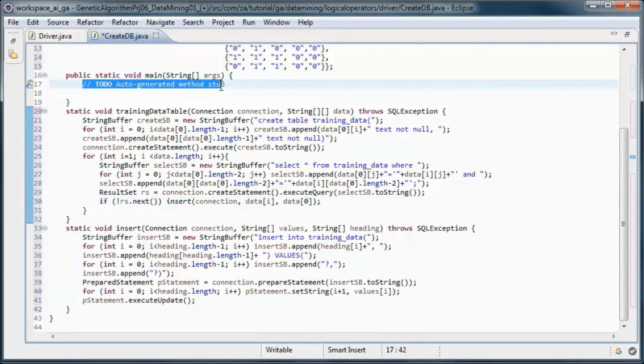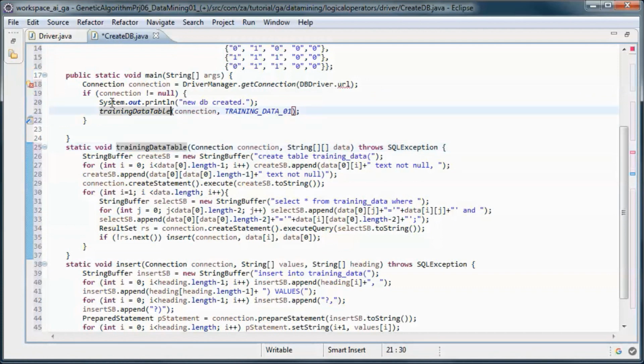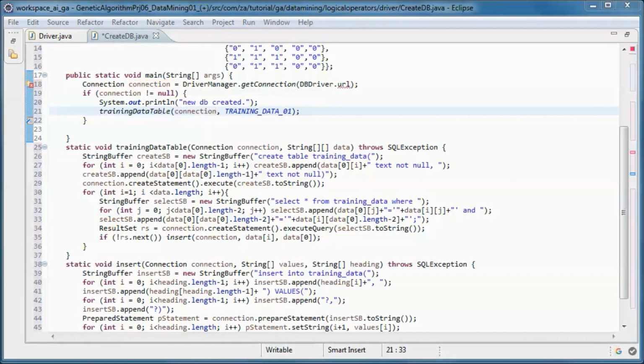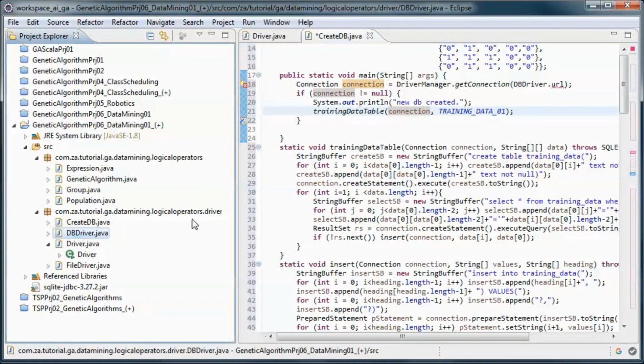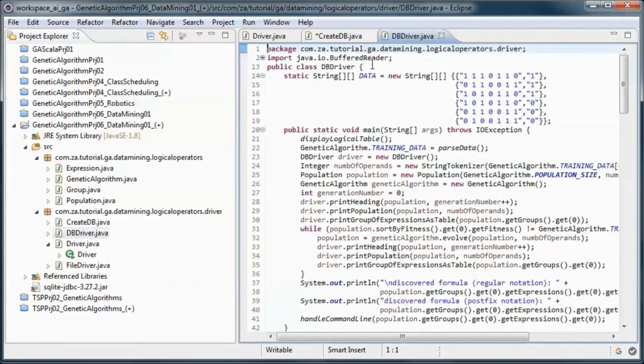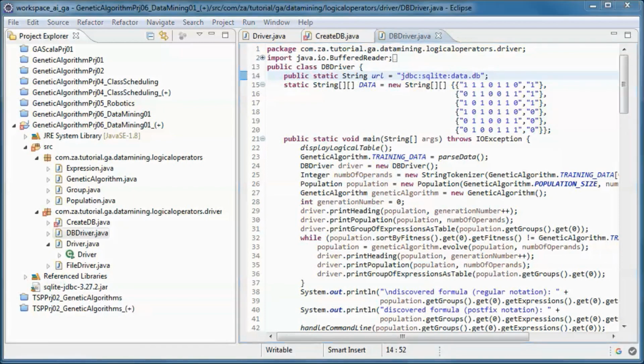And we will make the call to this method from main. But let's go ahead here and define this URL. So the database name will be data.db.